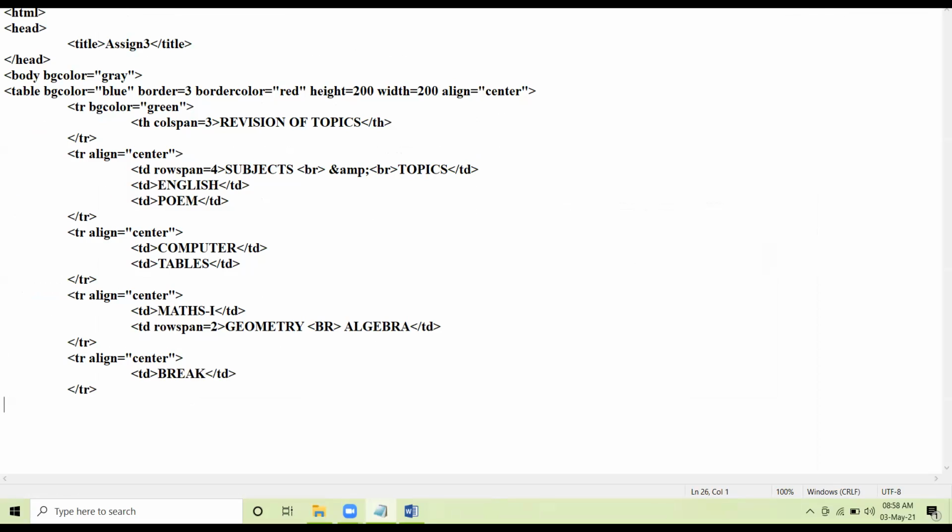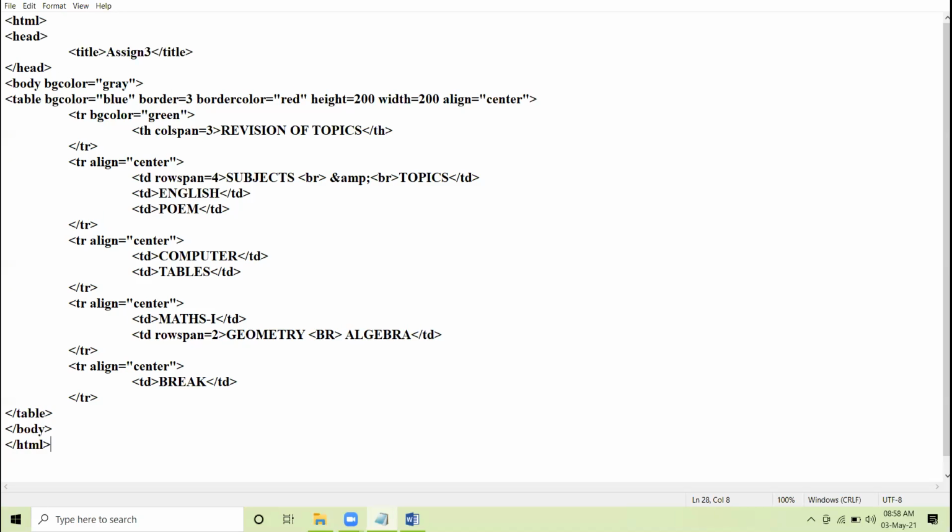Clear? So my table coding finishes. Here I close the table tag. Here I close the body tag. And here I close the HTML tag.